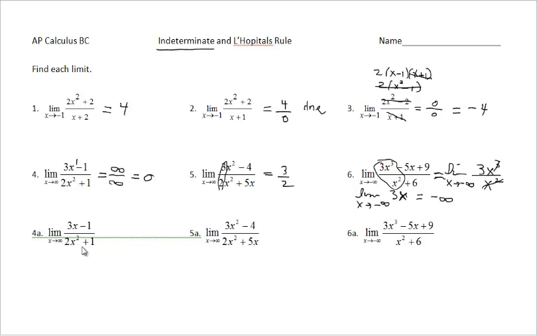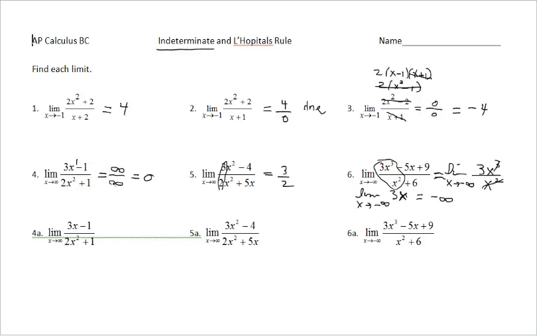As you can see, the next three problems are the same problems as 4, 5, and 6. I just wanted to give you a preview of L'Hopital's rule for these problems right here. We'll just use the rule, and then we'll go to the more formal notes that we have on the other worksheet. Okay, L'Hopital's rule says this: if you have an indeterminate limit, that could be 0 over 0,